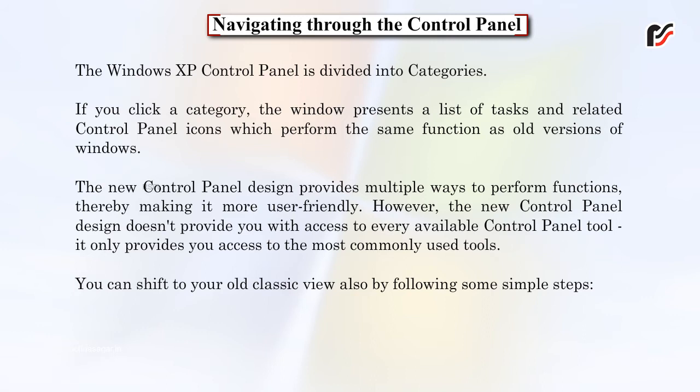However, the new control panel design doesn't provide you with access to every available control panel tool. It only provides you access to the most commonly used tools. You can shift to your old classic view also by following some simple steps.